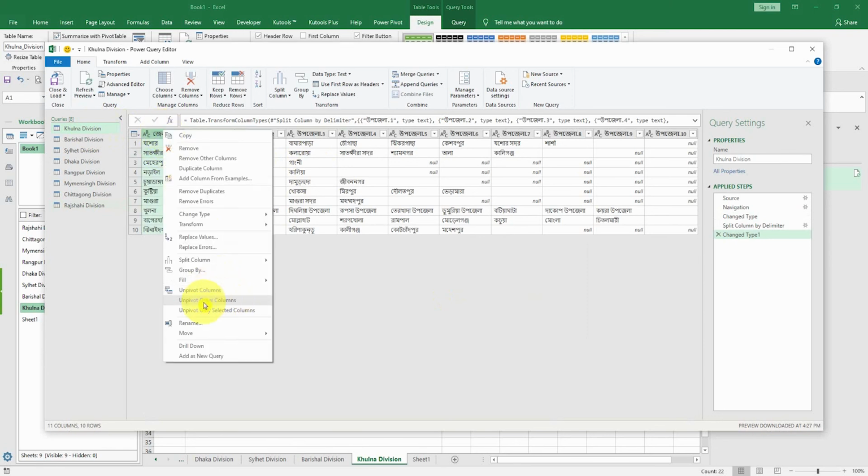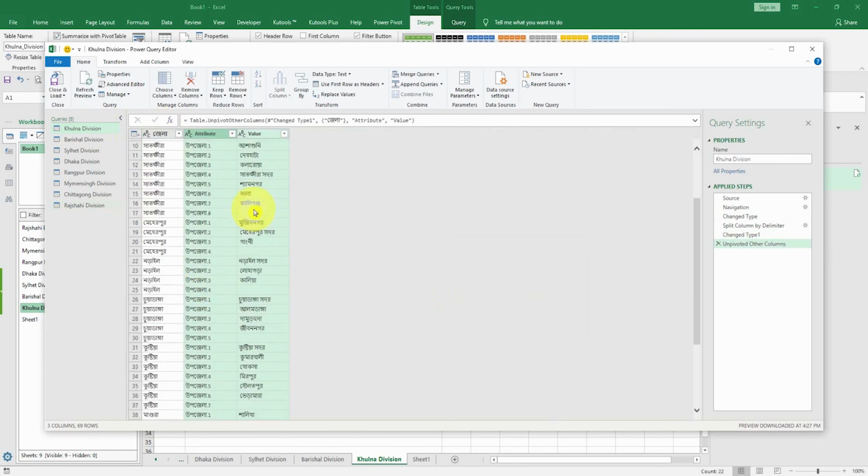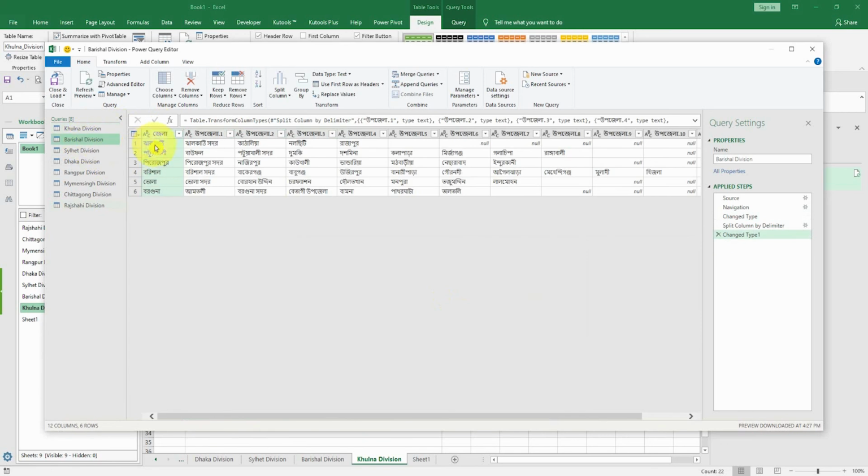Then I have to click unpivot other columns to show the columns as the same column.